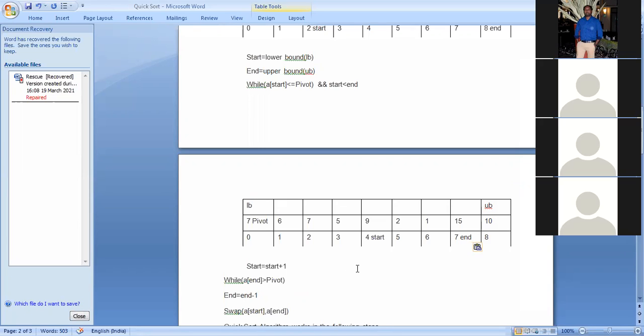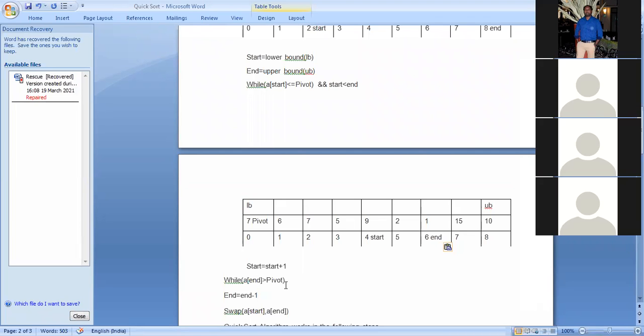So now again we'll reduce end equals to end minus 1. So now end value is this. Again we'll check a end is greater than pivot. So a end means 1. 1 is greater than pivot? Condition is false. So here we'll stop.